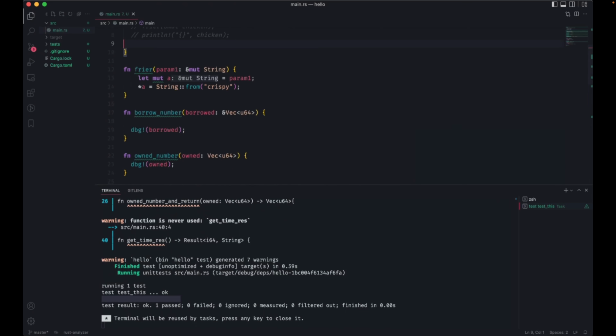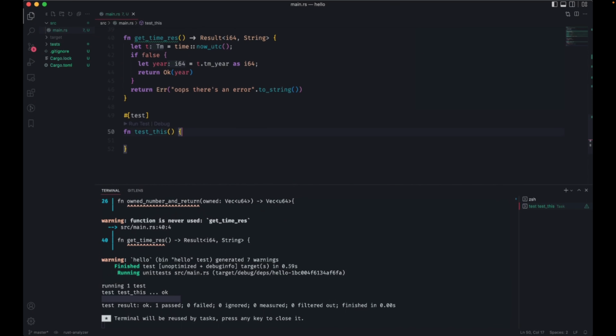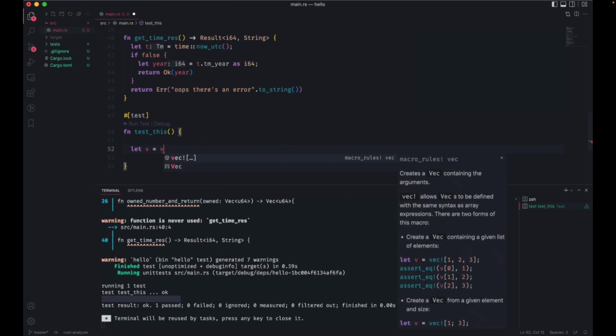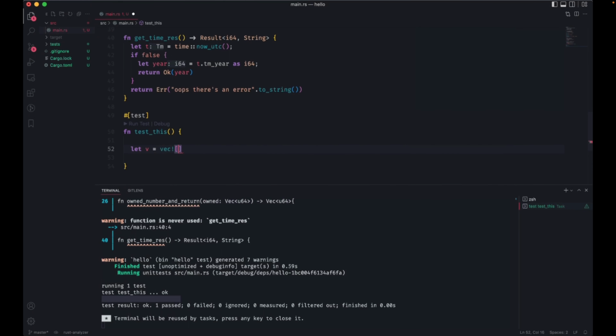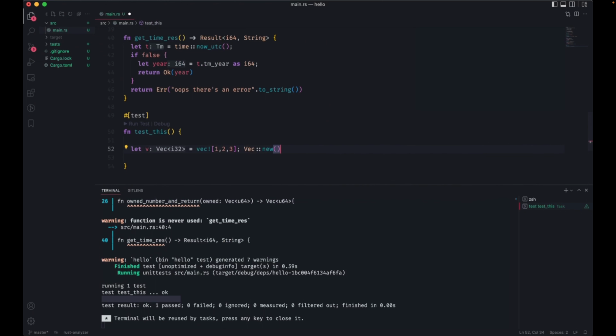So let's do, how had we done this? Now I'm going to have to do it from scratch. I'm still going to use my tests, but okay. Here's a variable v, which corresponds to a vector, and this is how we generally instantiate simple vectors in Rust with a vector macro. There are other ways you could do it. I think it's Vec::new. You could do that as well. Generally, people use this macro.